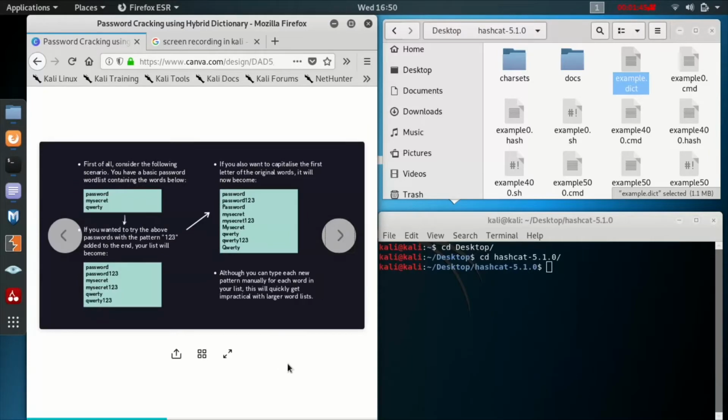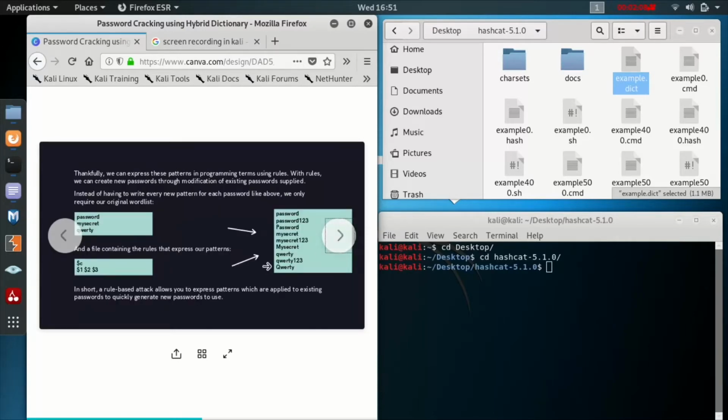Now there's an example showing here. First of all, let's consider the scenario. We have the words password, mysecret and qwerty. If I want to add 123, I can simply do it manually, no worries. And if I want to make the first letter capital, I can do it manually. But this is a small list of words. What to do when we have a large set of words?